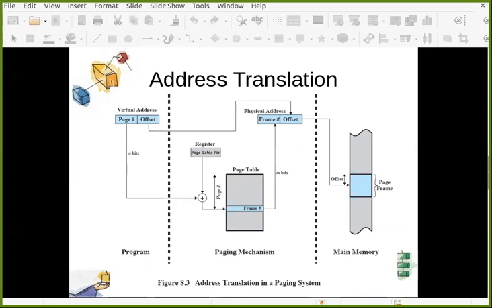So the virtual address space of your Android Studio is 2 GB, and the actual memory is only 1 GB. Still you can run it, because you need not load the whole of Android Studio in memory. Only a portion of it will be loaded. So it is possible that the virtual address space is larger than the actual address space. I hope you are getting this. Are you getting this address translation? Very simple thing. Yes, sir.